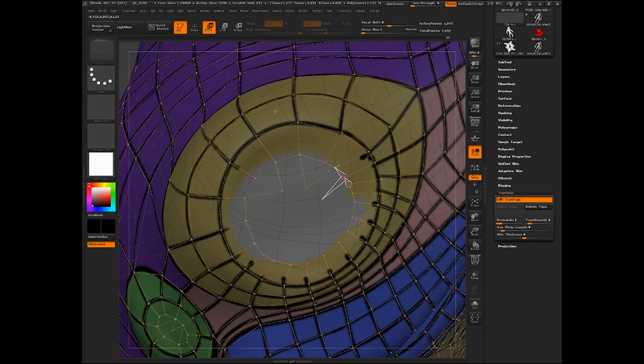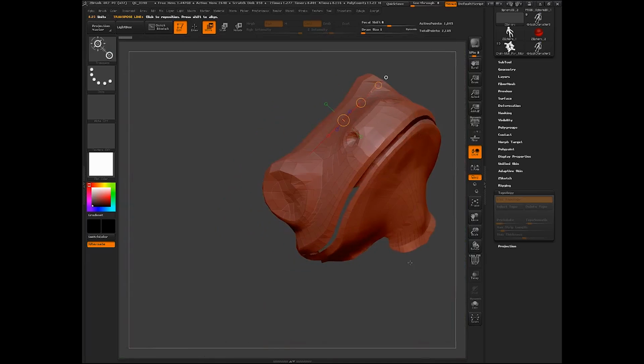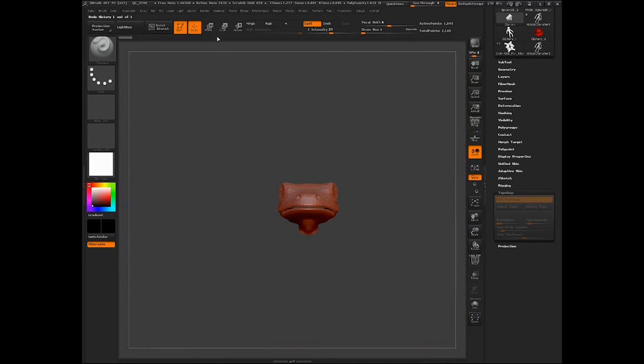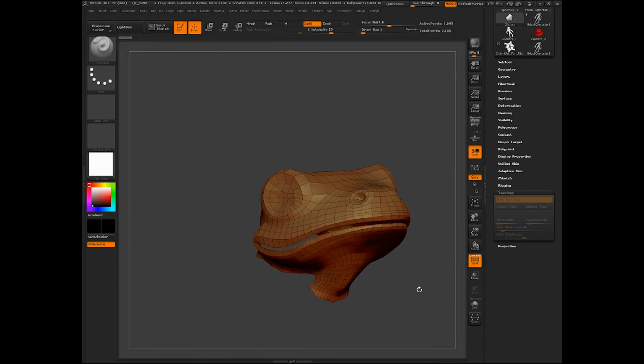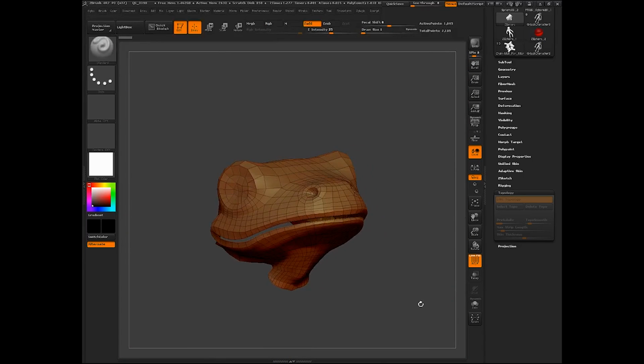Oops. All right. So that's all set. So there's our retopologized head. All right. Now in ZBrush,